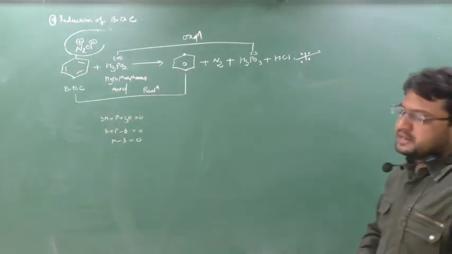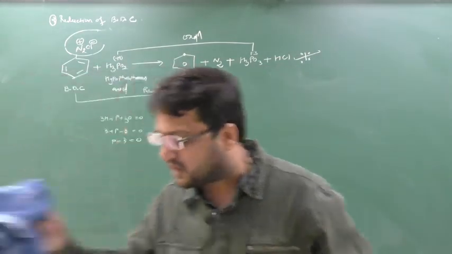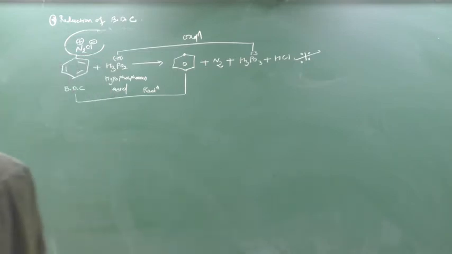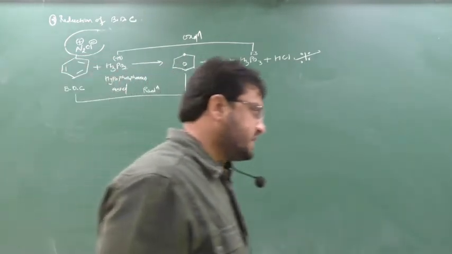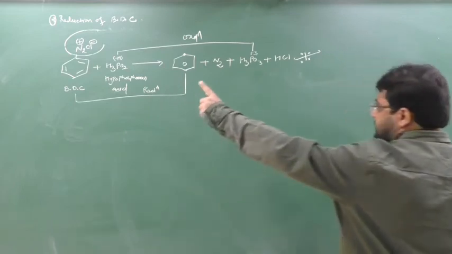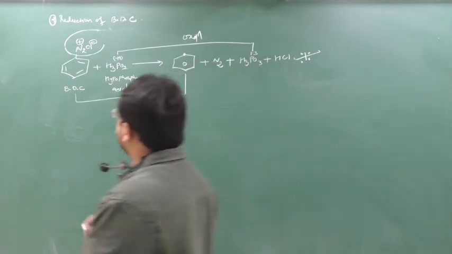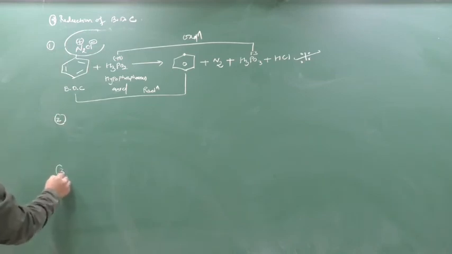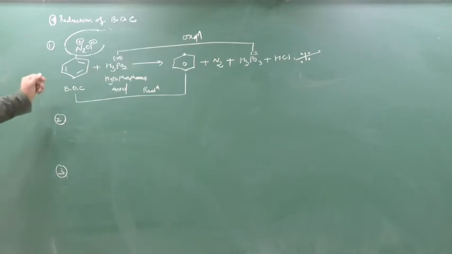See this reaction. Just remember this reaction. These reactions are very important. First reaction is this. So if I want to do the reduction of benzene diazonium chloride, the reagent to be used is hypophosphorus acid. First type of reduction. So the reduction of benzene diazonium chloride, this is the first type. Second also I have and third also I have. So in the first type, I take benzene diazonium chloride to get reduced, and H3PO2, that is hypophosphorus acid, gets oxidized.